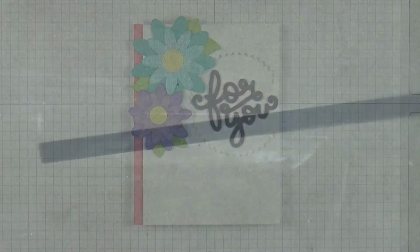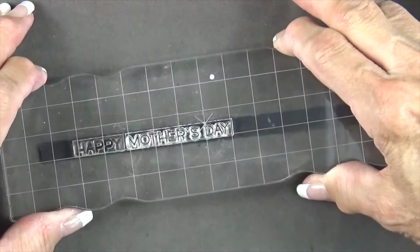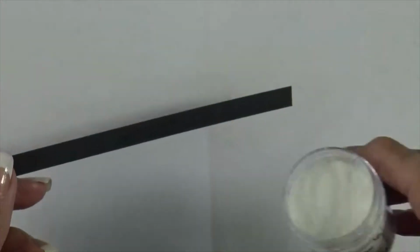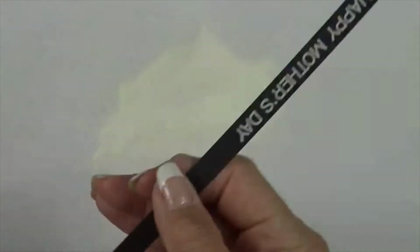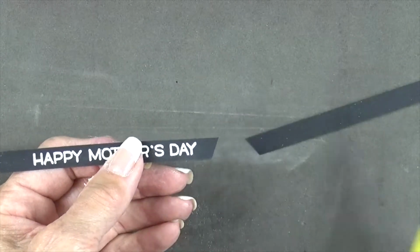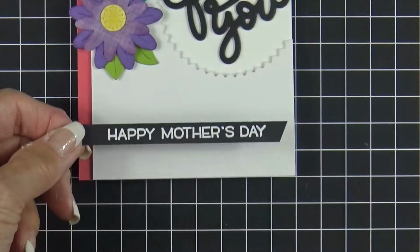For my sentiment, I'm using a strip of black licorice, with a sentiment from the Happy Happy Happy stamp set. Love that set, lots of combinations. I applied some Versamark ink, stamped it, and applied some white embossing powder. I heat set that, cut one end at a slight diagonal, and gave it a trial run on my card to see where